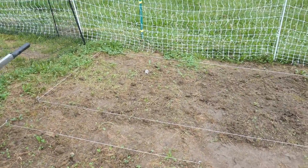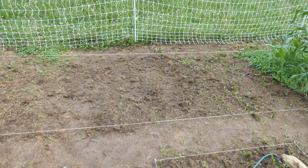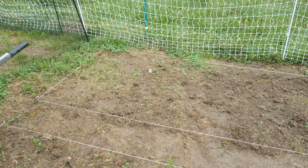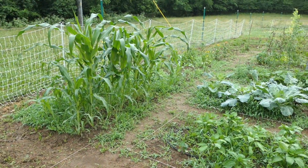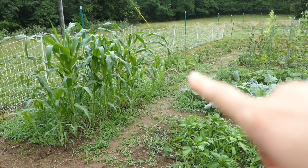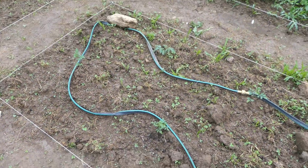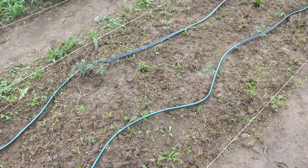Back here we went ahead and extended out the back row and filled it with more corn. So our corn will go from that end all the way to where you see the yellow flowers. Where are they? Right there. So all be corn. And then this bed here is full of tomatoes that I picked up for free at